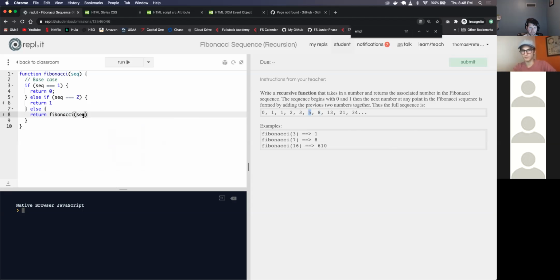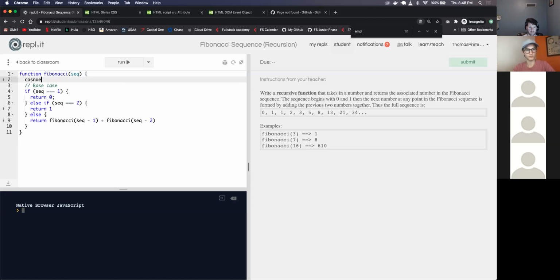Sequence minus 1 plus Fibonacci sequence minus 2. And I just want to run this real quick. Console log sequence and see what happens. So if I run Fibonacci sequence here,